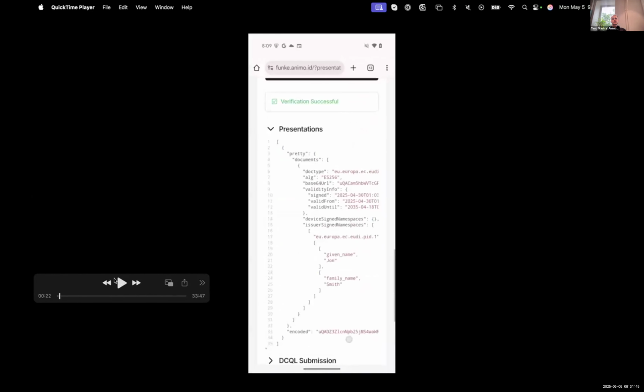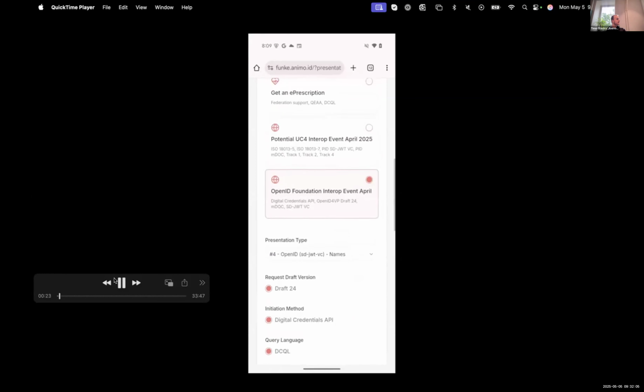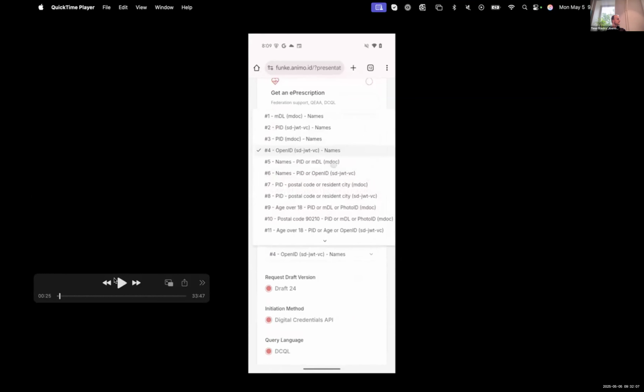Yeah, and in the CM wallet, you just have a very simple biometric check. So you get like a check mark. It's up to the wallet to decide how you present that screen and to share. Later we'll see some PIN codes and stuff, right? But in this one, it's just the biometric. Exactly. In our wallet, we use a PIN. And then we see the names came through here, John and Smith. Yeah, just the debug view.